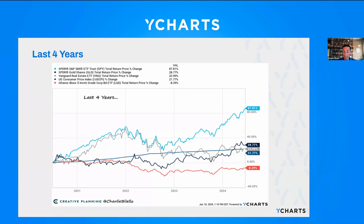Gold was cut in half, of course, and you have inflation obviously each and every year from 1980 to 2000. So there can be very long periods of time where various asset classes don't keep up with inflation, which is why diversification wins in the end. And just being an investor, why you need to invest